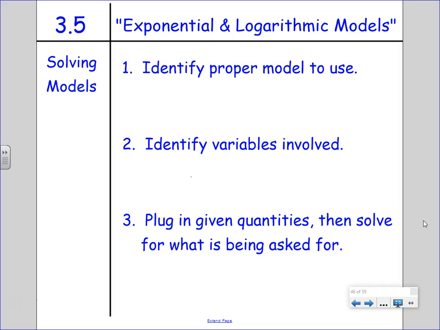Here we go. Section 3-5, real world applications, okay? We've been doing exponential, we've been doing logarithms the entire chapter, but now we're going to apply them to just a few different applications. There are tons and tons of them. We're just going to do a few. Number 1 says identify the proper model to use. Either it's been given to you, given in the problem,